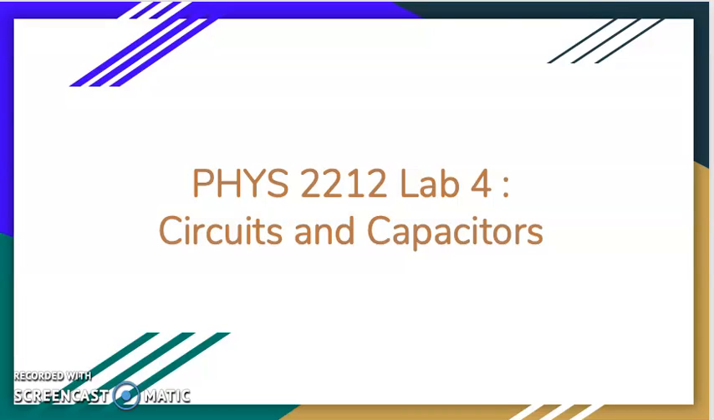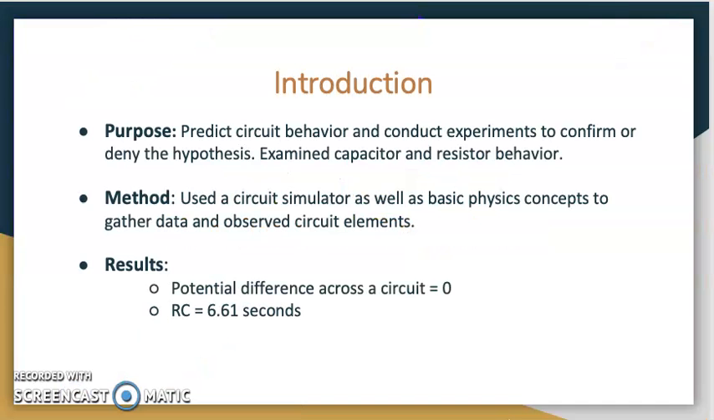Physics 2212, Lab 4, Circuits and Capacitors. The purpose of this lab was to predict circuit behavior and conduct experiments to confirm or deny the hypothesis. We then examined capacitor and resistor behavior. We did this by using a circuit simulator as well as basic physics concepts to gather data and observe circuit